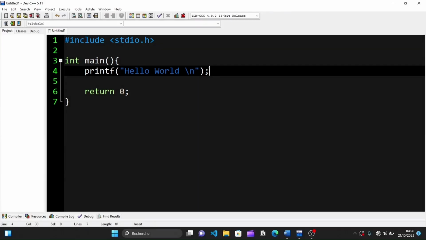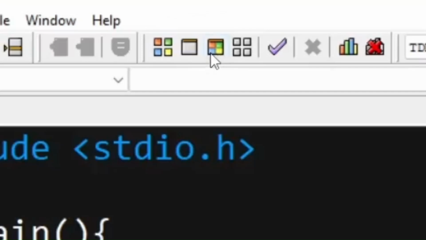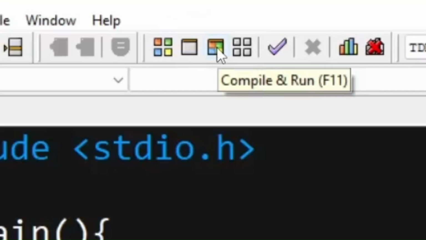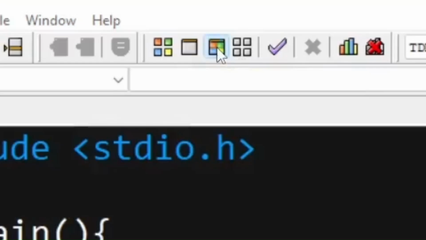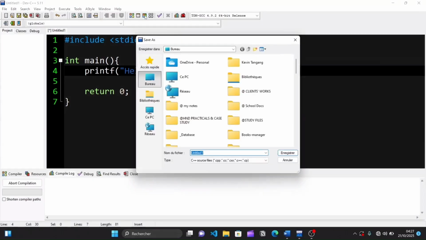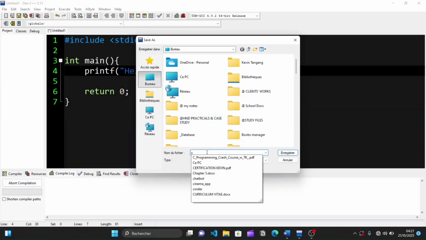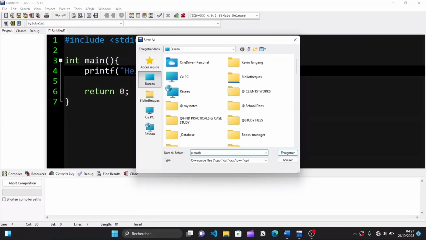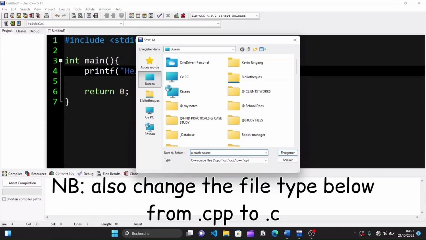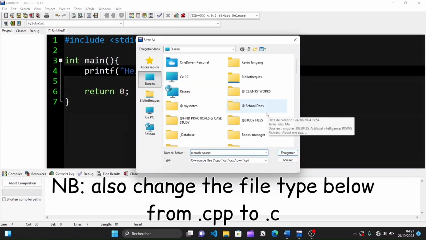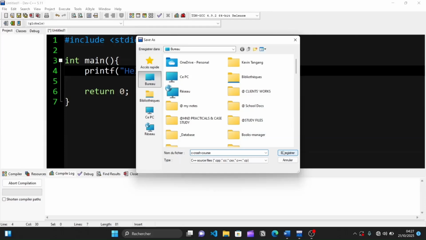Now in order to run this, I will go to my tab up here at the top of the screen, and then I will click on this icon which I am pointing at, which says compile and run. So if I click on this, we are asked to save our file first, if not the program can't be run. So in order to save the file, I will give it a file name. For now it is untitled, which is the default file name, but I will change it to C-crash-course, and then I can choose where I want it to be saved. I will simply save it on my desktop. So I will click on save,